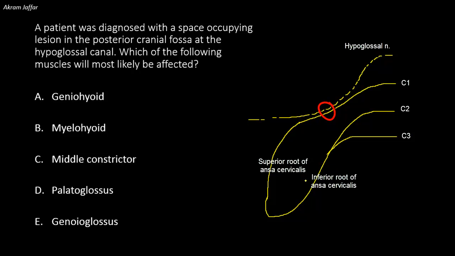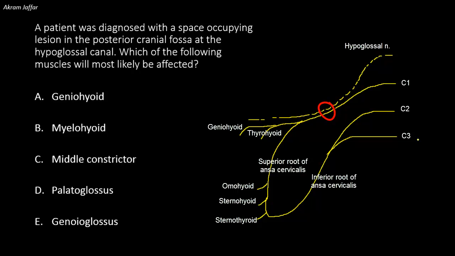Ansa means loop, and the ansa cervicalis supplies infrahyoid muscles, including the omohyoid, sternohyoid, and sternothyroid muscles. Another similar branch from C1 goes to thyrohyoid and geniohyoid. Therefore, geniohyoid is supplied by a branch from the hypoglossal nerve, but the cell bodies of these nerve fibers lie